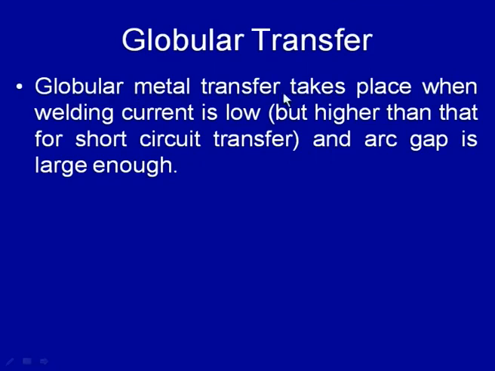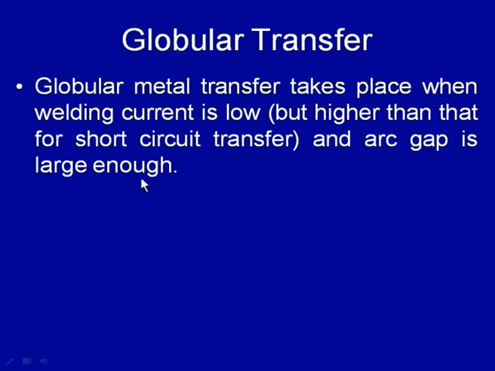The globular mode of the metal transfer is another one which is commonly experienced in the shielded metal arc welding process, the gas metal arc welding process, and the submerged arc welding processes. Here the globular mode of the metal transfer takes place when the welding current is low, but the arc gap is significantly high. This is an interesting one, and the difference from the short circuiting mode of metal transfer is that the welding current is still low, but the gap is high,